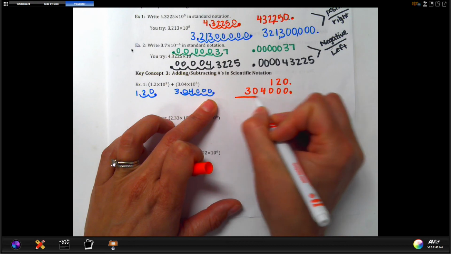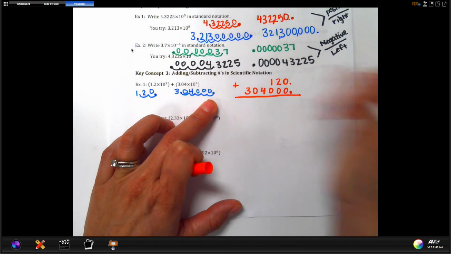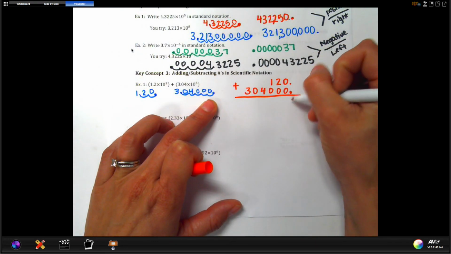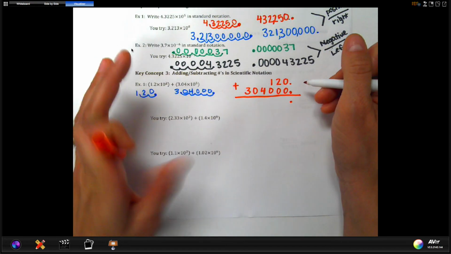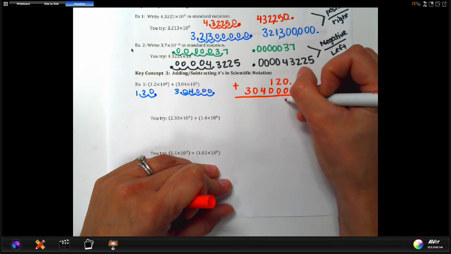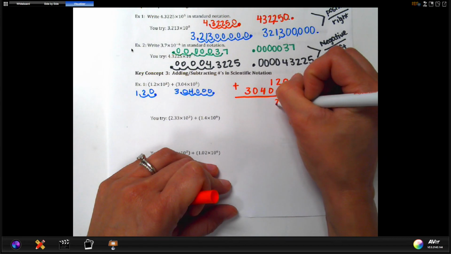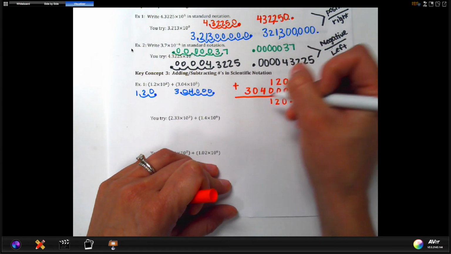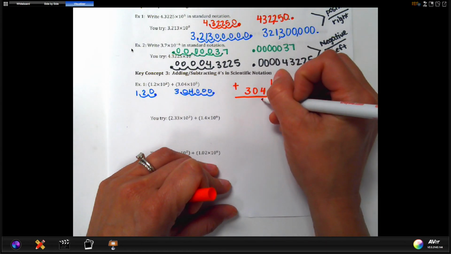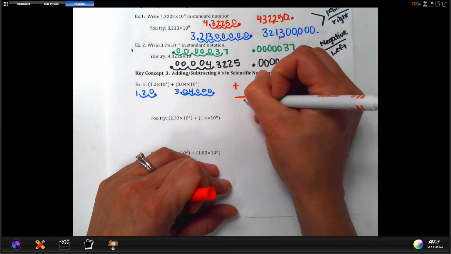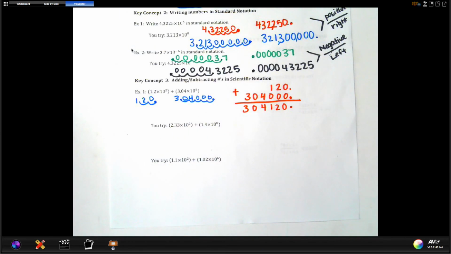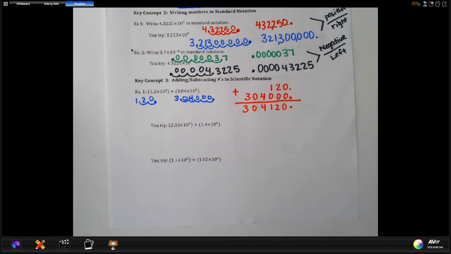So if I add these old school, like this, up and down, I'm going to add starting on my right side. 0 plus 0 is 0. 2 plus 0 is 2. 1 plus 0 is 1. I have nothing above this, so I just put these down. It's like adding 0 to them. Now, that's the answer in standard notation,